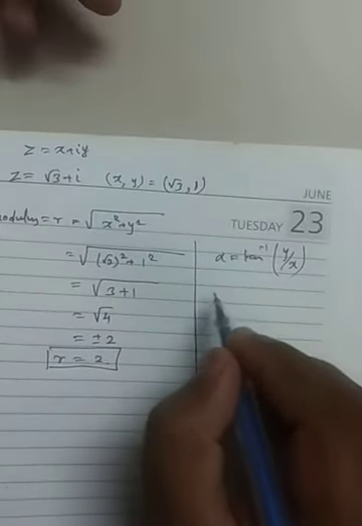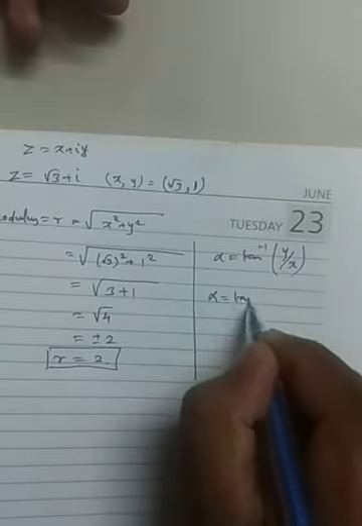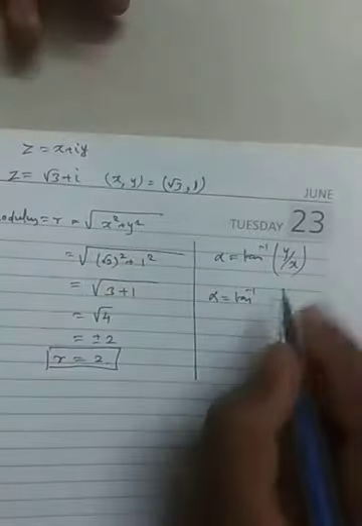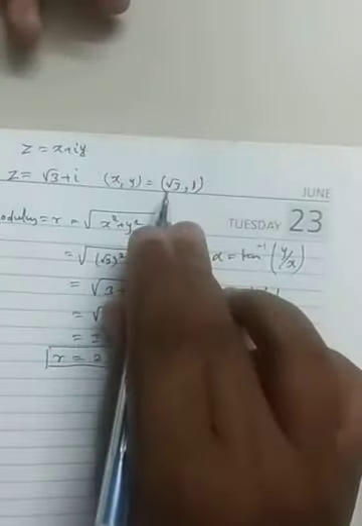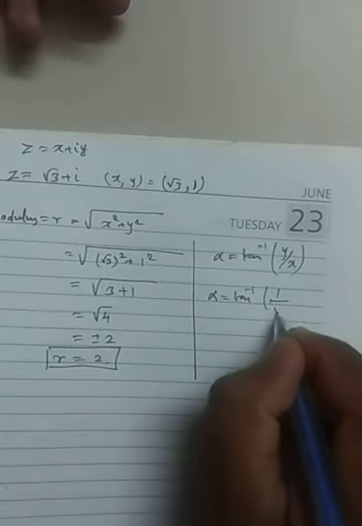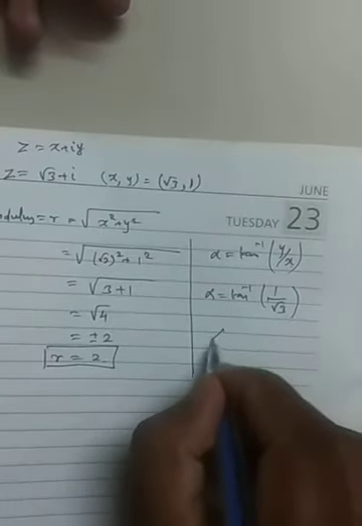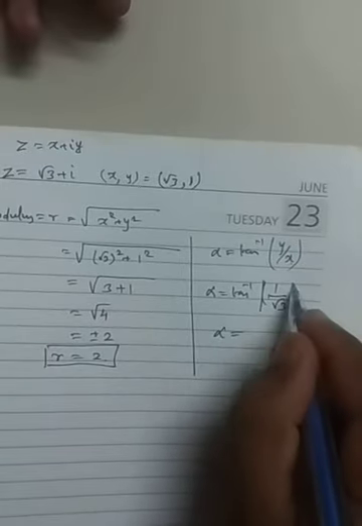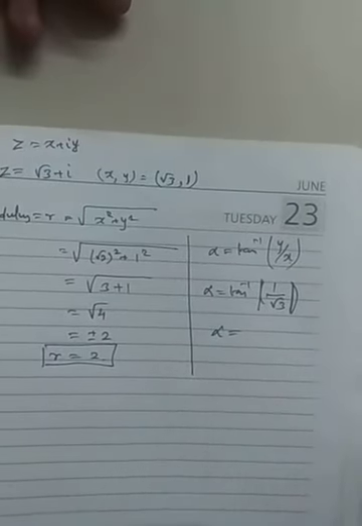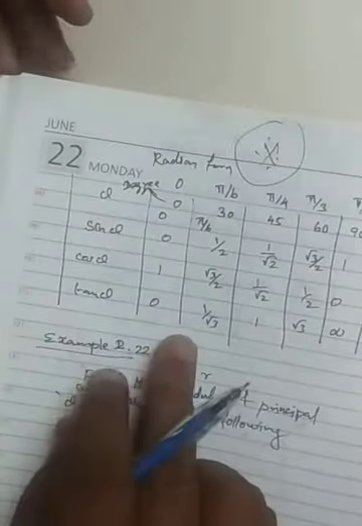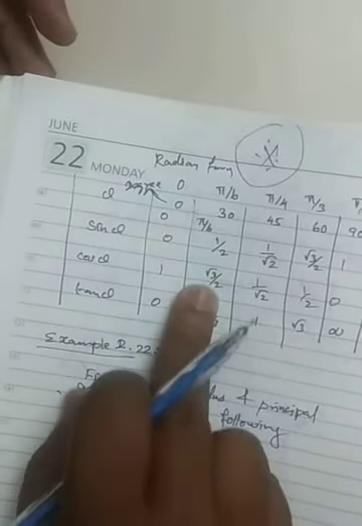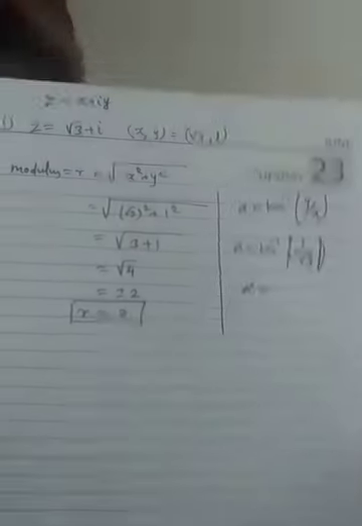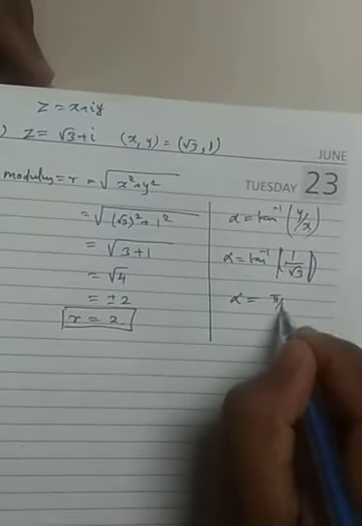Whichever way you take it, no issue at all. So alpha equals tan inverse of y value, which is 1, and x value, which is root 3, so 1 divided by root 3. It is modulus only, so everything is positive, no need for signs. Now 1 by root 3 in tan inverse: you can see the table. In this table, where the tan value is 1 by root 3, it is 30 degree. 30 degree in radian form is pi by 6. So we can write alpha here as pi by 6.